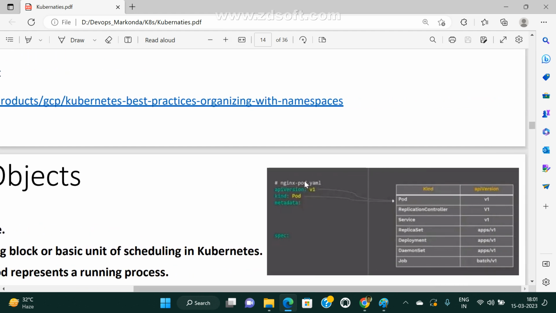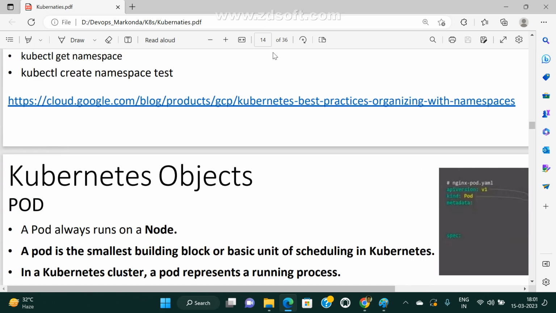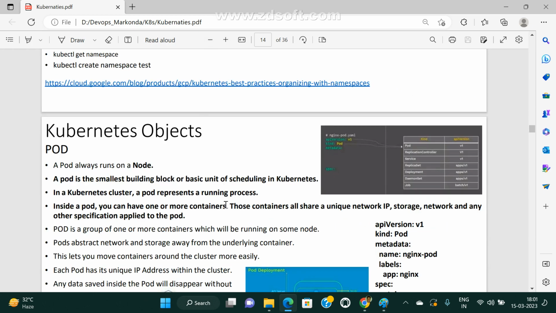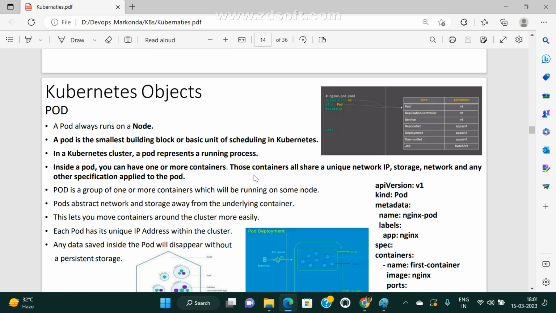So these are the versions, and this is the manifest file. Anyway, next class I will show you how it will work and all. Now see here, each pod has some resources. So what resources? Each pod has a unique IP address and unique network IP, and each pod has some storage volume, and each pod has some specific resources, and all of that is used by containers only.